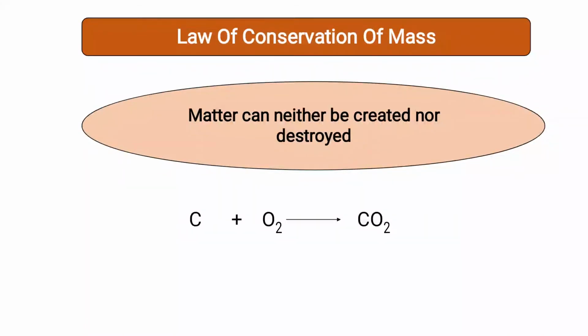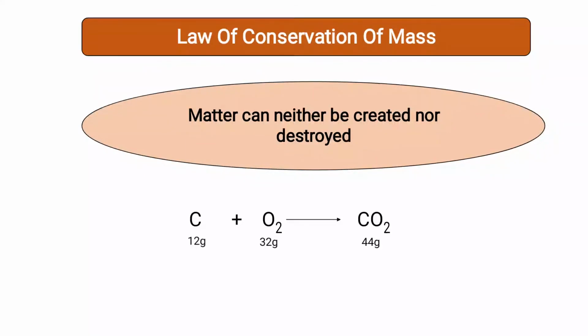So let us check whether there will be a change in mass, or do they still remain the same even though the reaction has taken place? We know that the atomic mass of carbon is 12. Oxygen is 16, but since there are two oxygen atoms, it is 16 into 2. So the mass of oxygen is 32 gram. Now let us go to the product side. There is carbon dioxide. Carbon atomic mass is 12 plus oxygen 16, but since there are two oxygen atoms, it is 16 into 2. So 12 plus 32 will give us 44 gram.